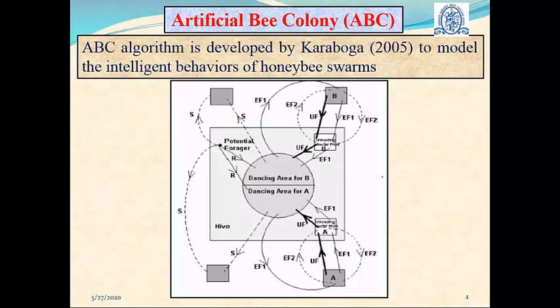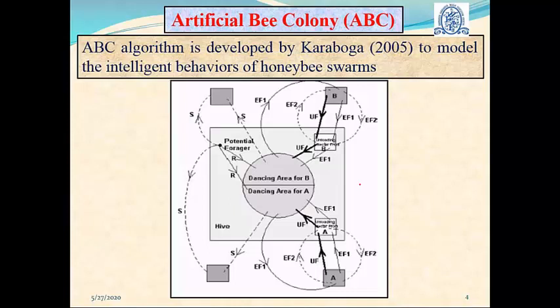Therefore, the distribution of onlooker bees to these particular employed bees will be according to the richness of the food source. Similarly, there will be some scout bees. Since it is a probabilistic algorithm, we start with an initial solution. But if the initial solutions are not able to explore and exploit the search space completely, then to take care of that, we generate some random solutions. Here the random solutions are generated by means of scout bees.